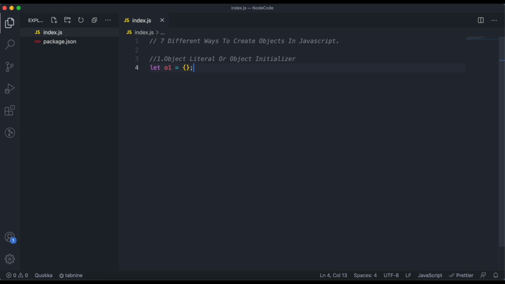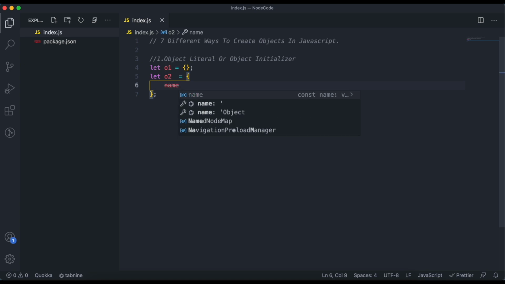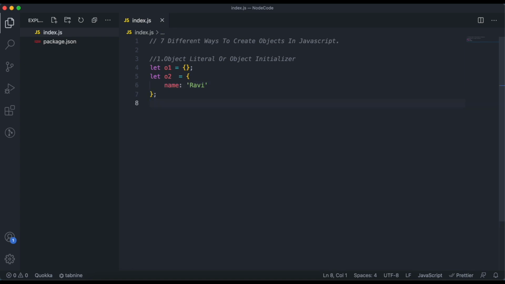Let's create another object here, o2. In this object we will create one property name, and we set its value Ravi. Now we are creating the third object in which we are creating one property and one method.